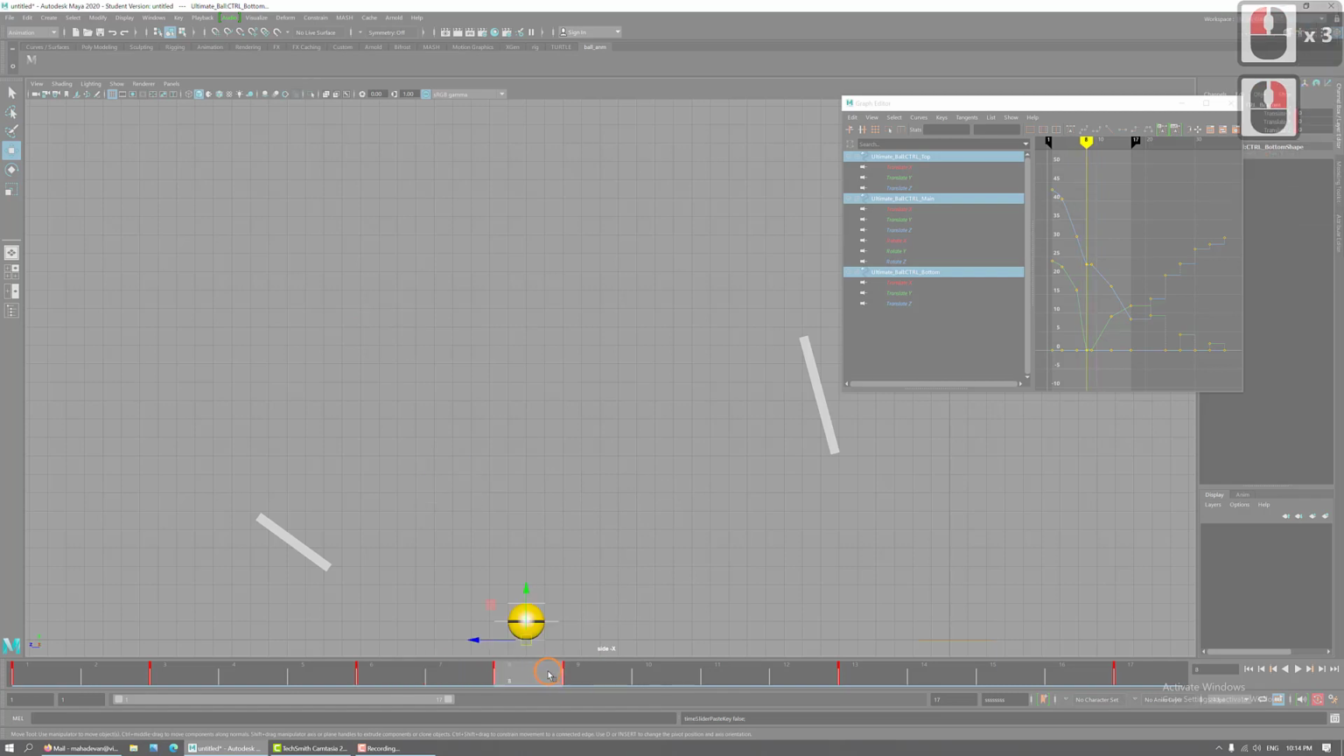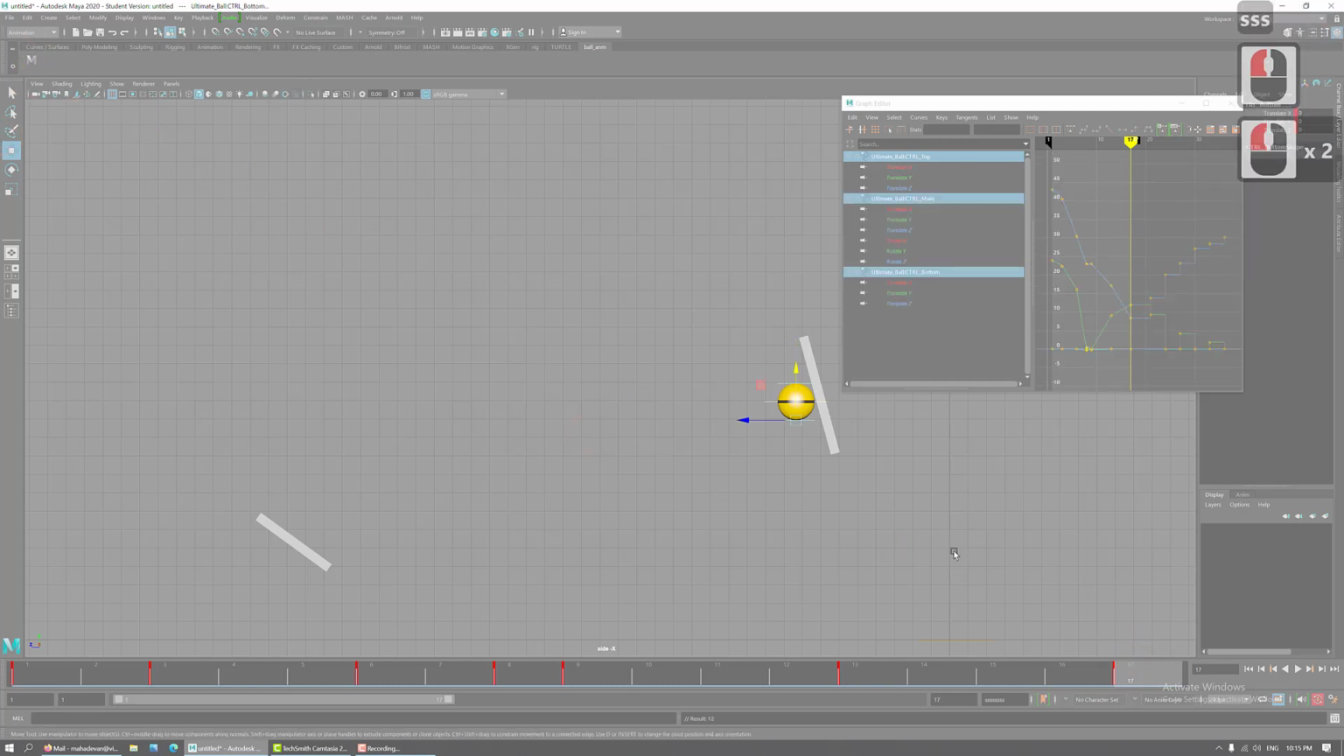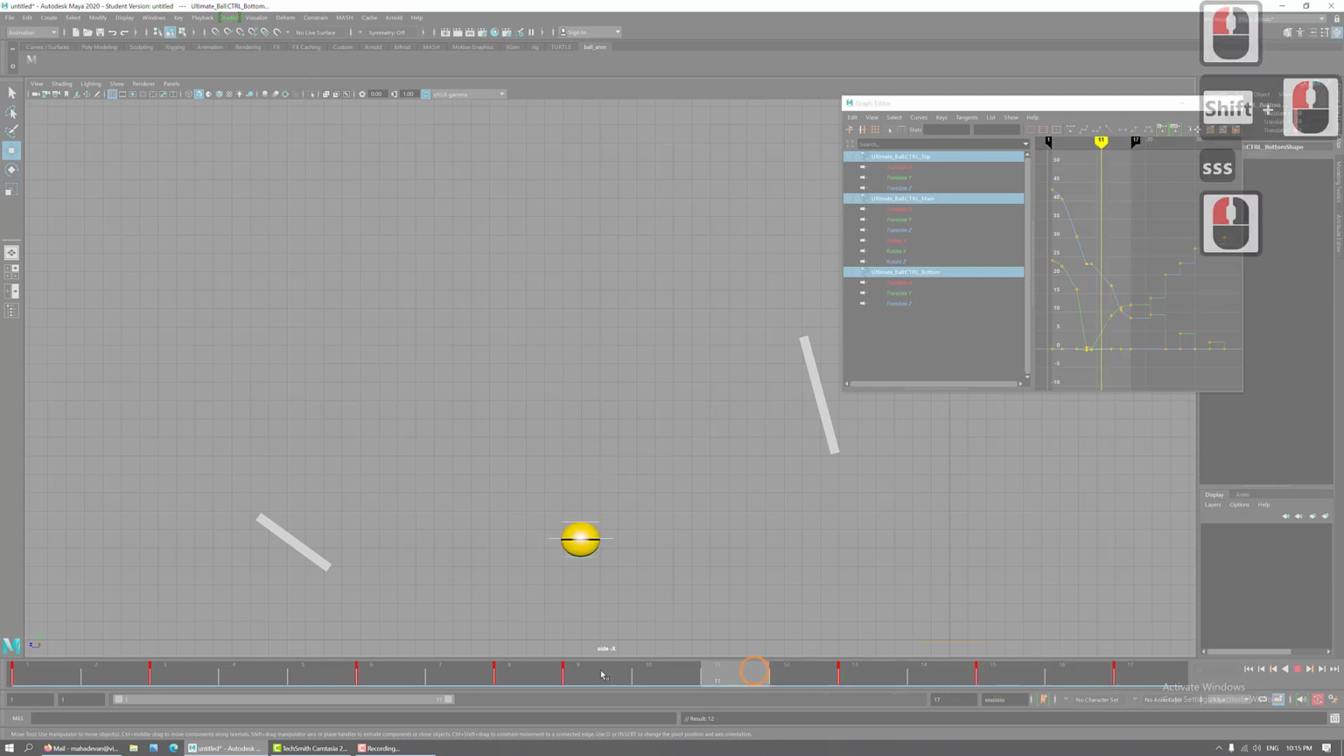So from 6, 7, 8, ball needs to stretch, right? Applying the principles of animation. So I want this ball to stretch. Okay, so ball comes down, hits the floor. So next one is your squash. Okay, then ball goes up, hits here. So again, is in one frame. Let's see how the